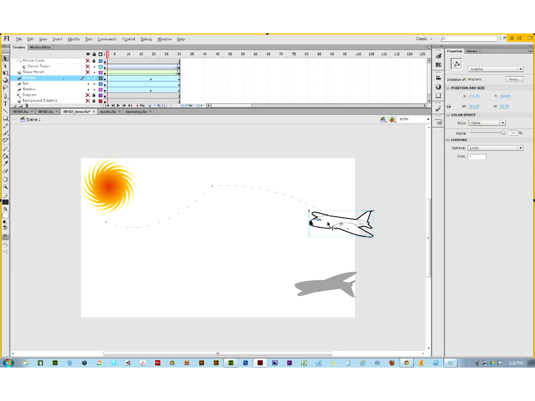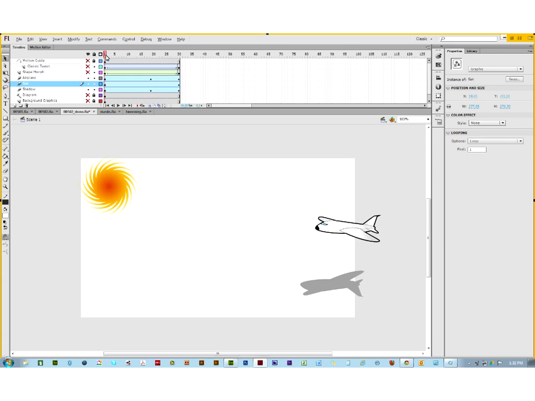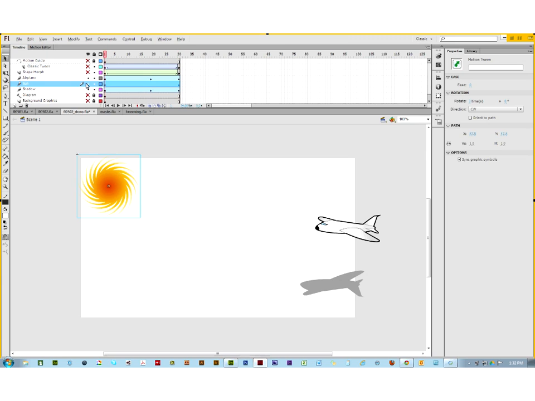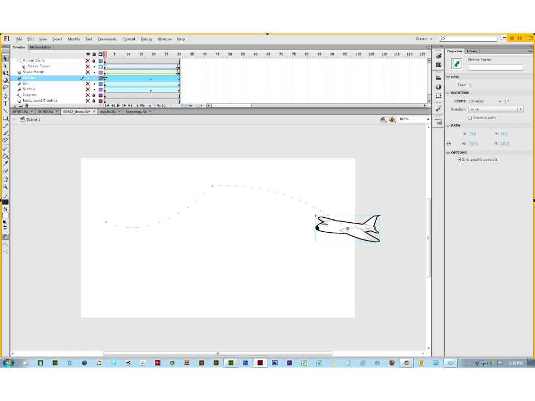Look at my properties panel in the top right-hand corner. I choose the airplane, it's a graphic symbol. I choose the shadow, another graphic symbol, and I choose the sun, another graphic symbol. Okay? Limited amount of flexibility with graphic symbols, but certainly appropriate for this type of animation. So we see, though, that the airplane in particular, and let's hide the sun and hide the shadow,